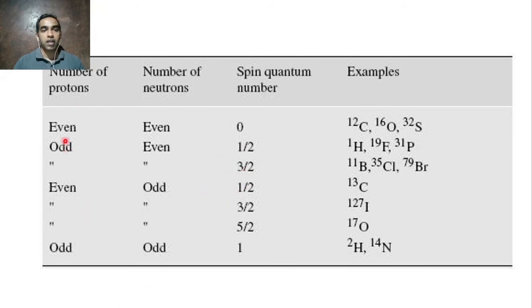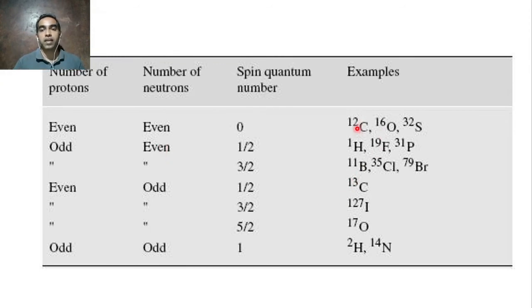See it here. Number of protons odd, number of neutrons even, so half. And here, this is even, this is odd, again it is half. You can look at these examples here. So these are all magnetically NMR active, and if both are odd, then it is a full integer, either 1, 2, 3 like that. These are also NMR active. They will be NMR inactive if both the number of protons and number of neutrons are even. I think you know how to find out the number of neutrons and protons.